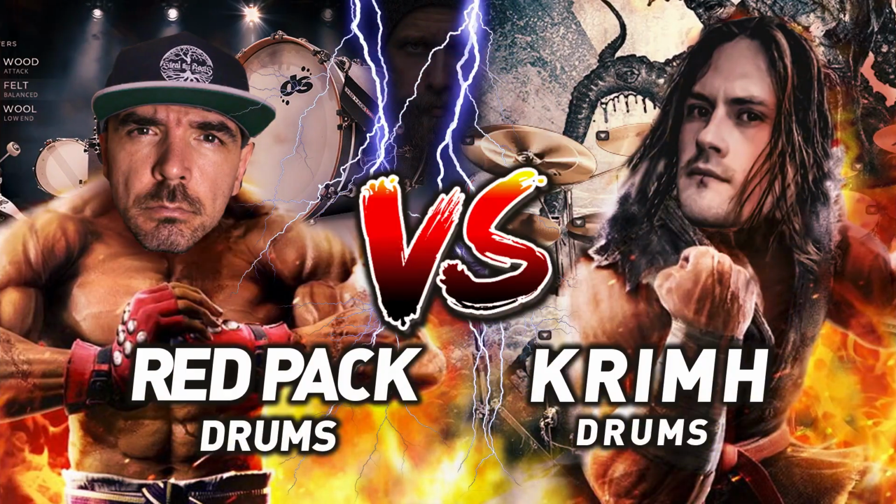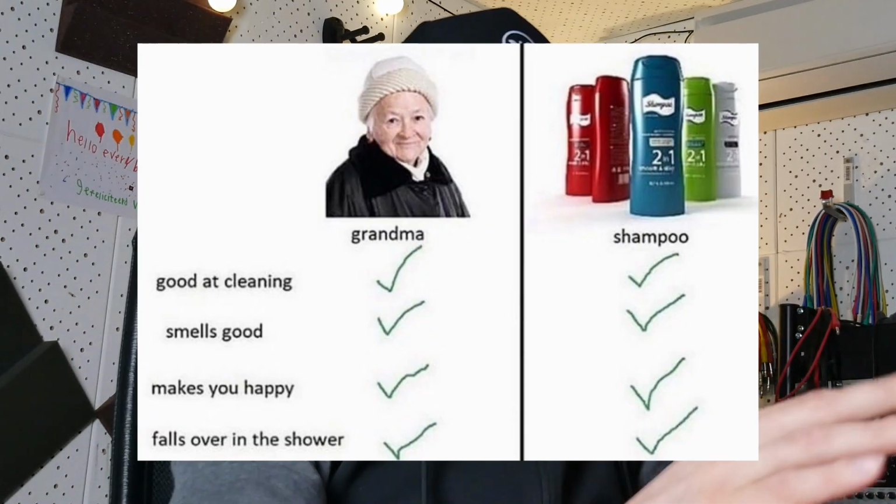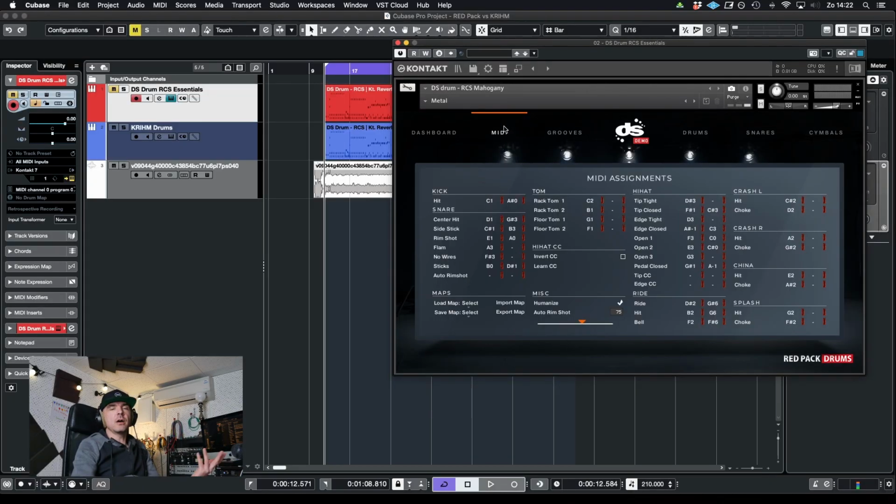Round 3. Fight. Mixer capabilities. So we're just going to do a quick run through, just the comparison between the two. What are the differences? There are a lot of features, and I will link some videos in the bio if you want to know all of the features of the DS Drum RCS Essentials. Also a video of Jens Bogren explaining all the features of the Krimh drums, so you can check it out if you want. I'm just comparing the biggest differences between the libraries,